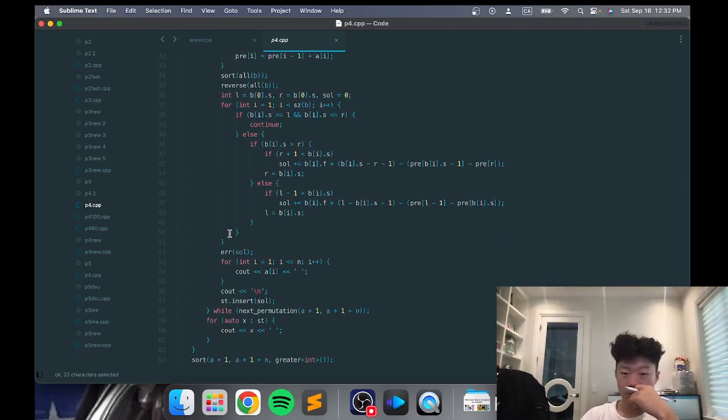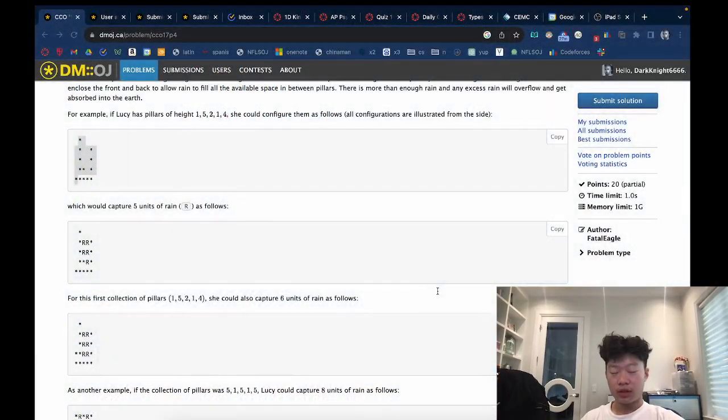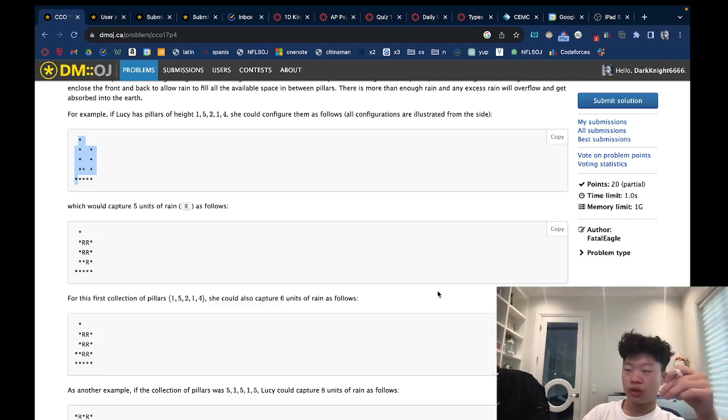This was a brute force code. Okay. So the observation here is if you go monotonically, if you sort the heights of the pillars from